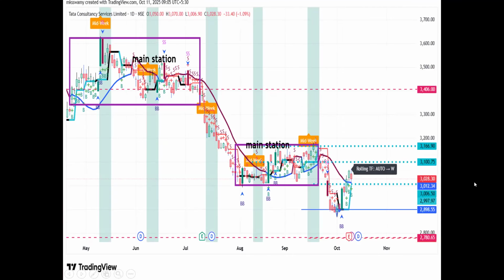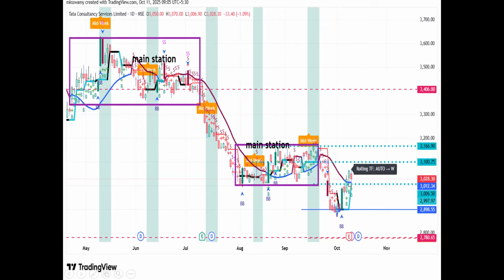It is an example I've taken about this stock, TCS. See, the main station was here. It started its downward journey. It halted in the months of August, September, creating the impression that it is going to go up. So the direction has not changed. Our stop was here, 3,300. There was a mixed feeling over here. It had fallen down and is trying to come up.